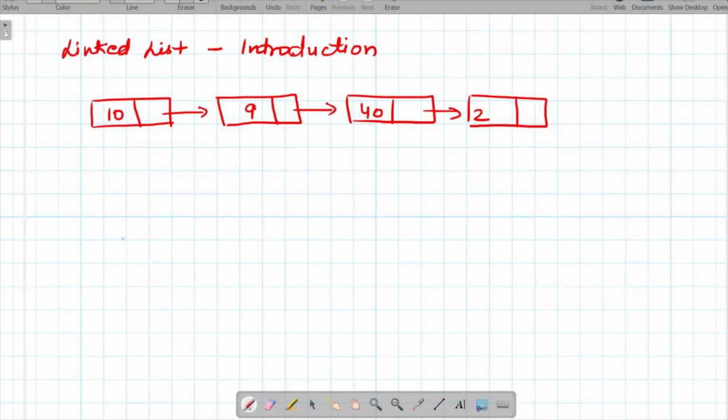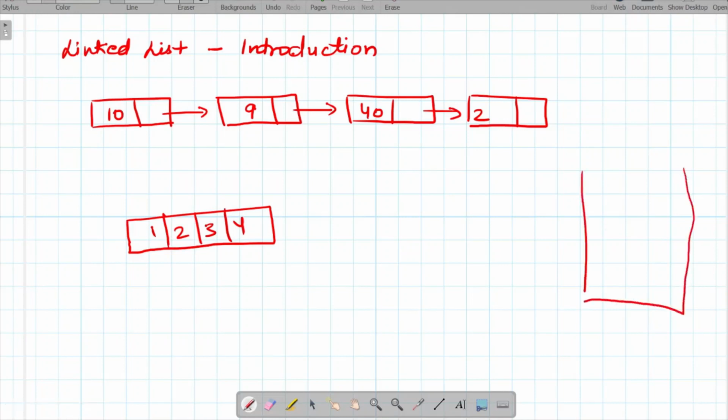So we know that if we store this kind of array in our memory, which has multiple elements like 1 2 3 4, these elements of the array are going to be stored in our memory at contiguous locations. So let us consider this is our memory. If we have to store these elements 1 2 3 4, they will be stored at contiguous locations, whereas if we have to store the elements of this linked list, then it can be stored